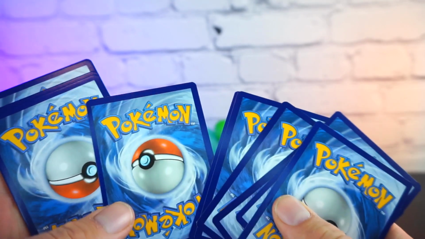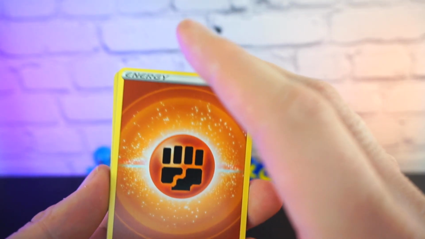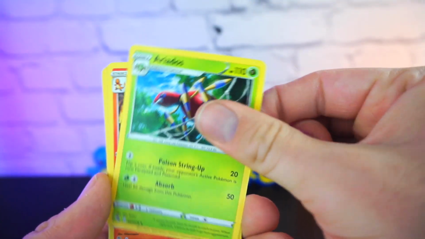Yeah, there's one card right side up in here. The rest are upside down. And the energy was not in the right slot. Okay, it got moved to the front. Did I do something wrong? I don't think I did anything wrong. We have the Solrock area to...